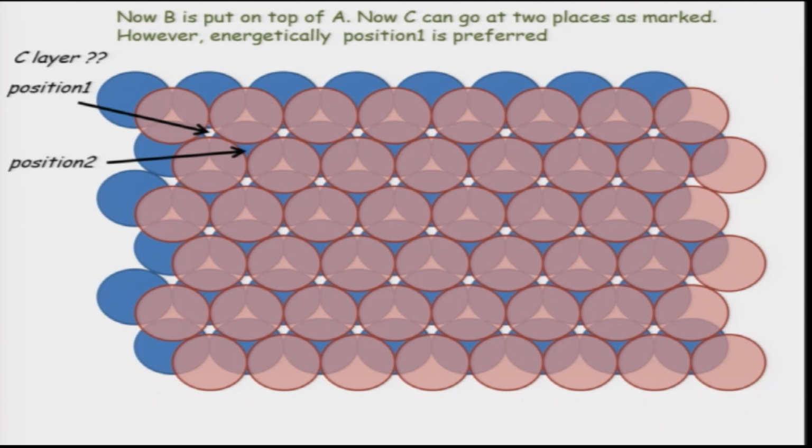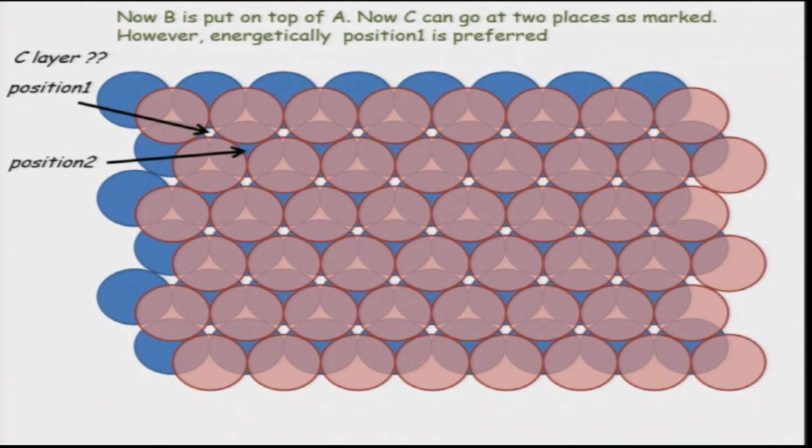So we can say there are two positions, and one of these positions will be taken away by the B layer, which is the red layer. So these are the ones which have been taken away. So you can see these positions have been taken away and the alternate ones have been left empty. Whenever another layer falls onto this, only one particular set of positions will be taken. So now we have A and B, B is on top of A. Now where do we put C?